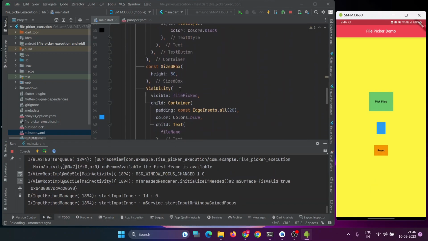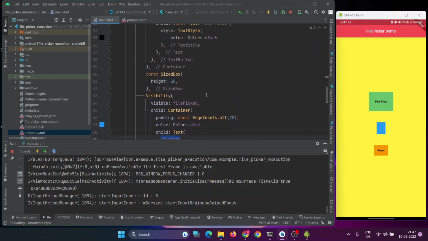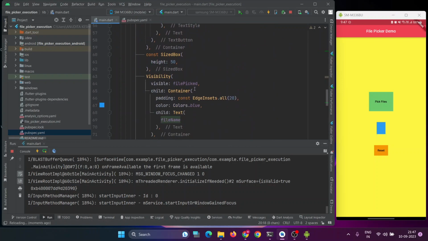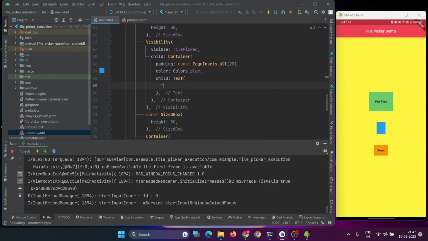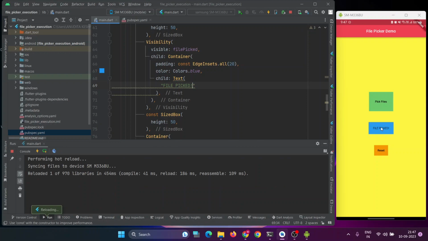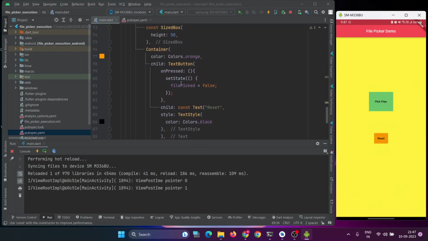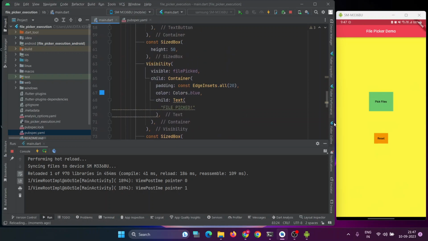Right now I am using a string file name which is empty. Later on we can add the name also. So if I give, let's say, a constant which is file picked, then it will show you the name itself. And if you click on reset, then the box will go away, because in reset I have added the logic for set state file picked as false. So if you want to see the changes almost instantly, then you have to use set state. Okay,